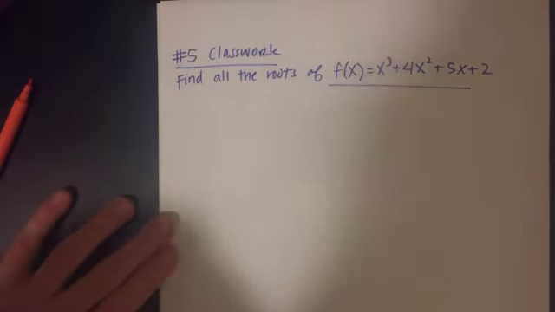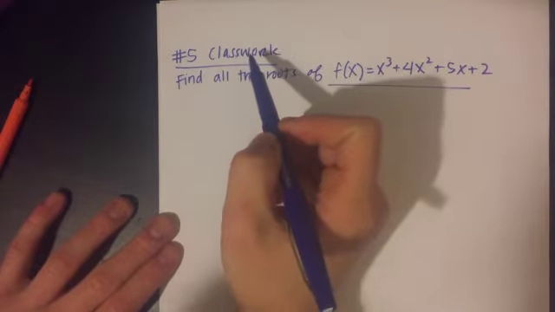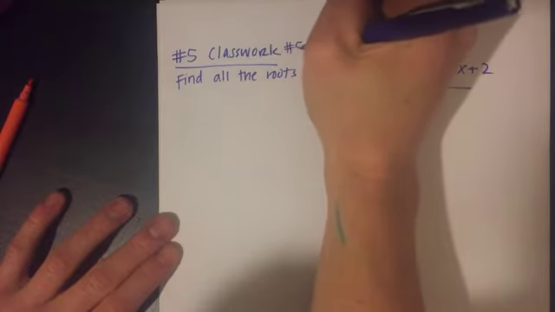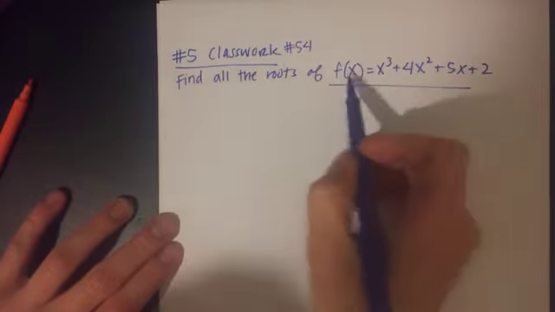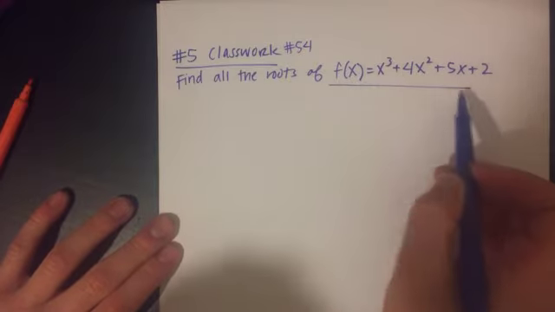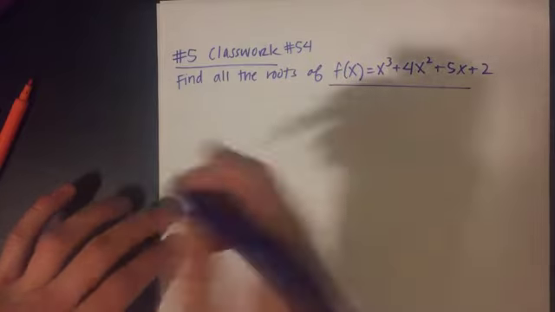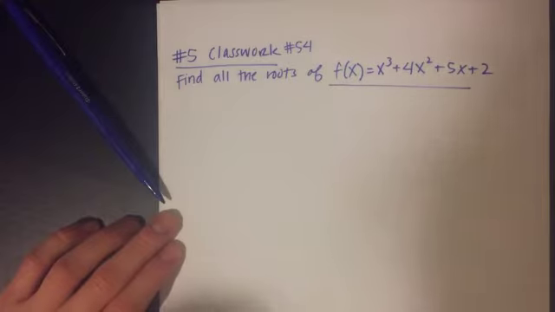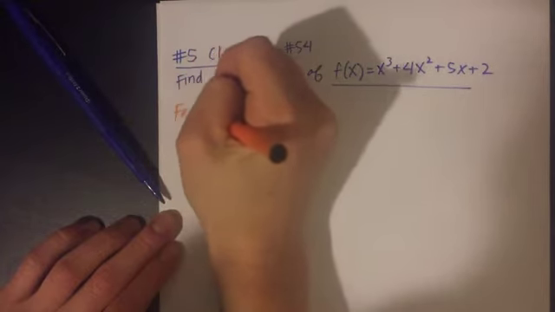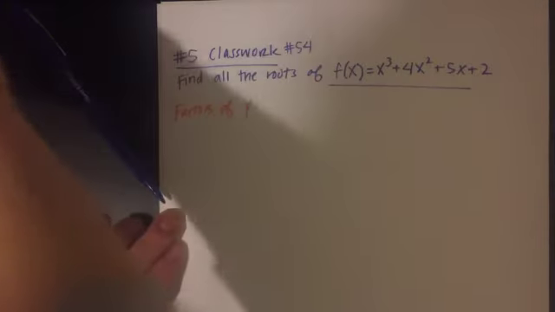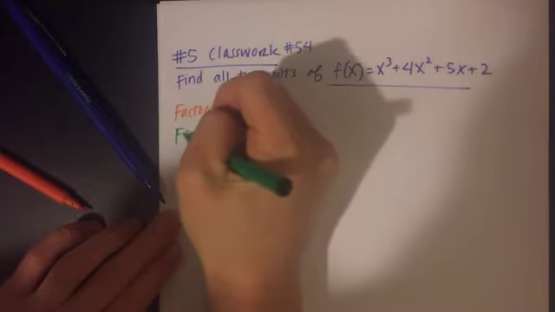Okay, hi guys. I'm going to do number 5 from the classwork from today. This is from classwork number 54. And it says, find all the roots of this polynomial, x to the third plus 4x squared plus 5x plus 2. So what I'm going to do is write the factors of p, the factors of q,